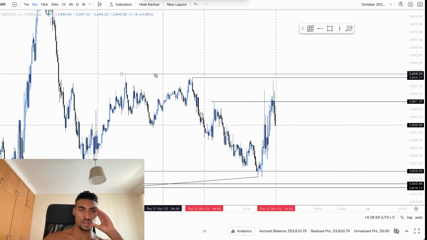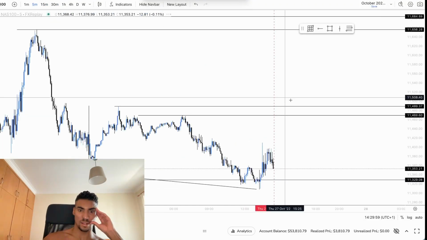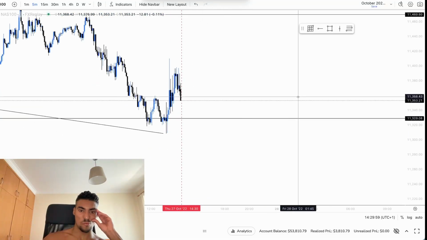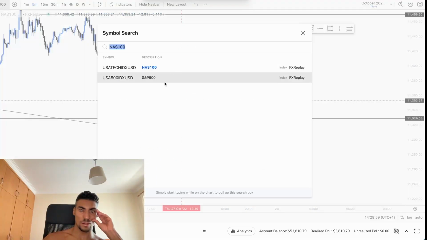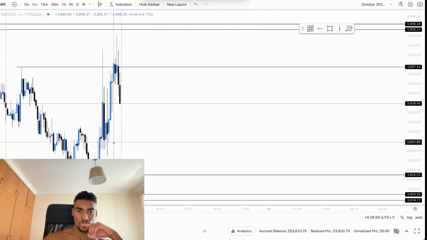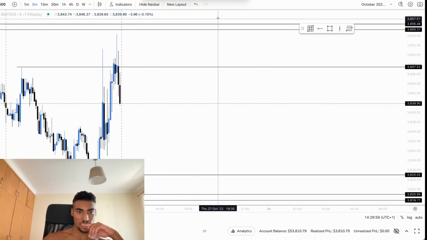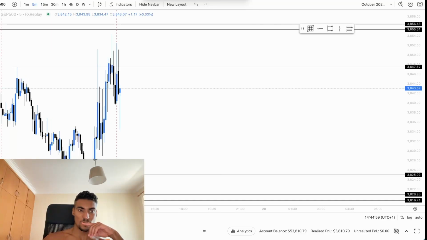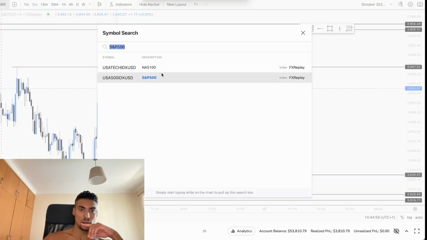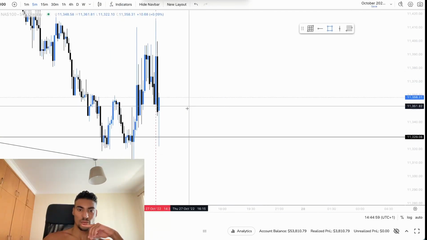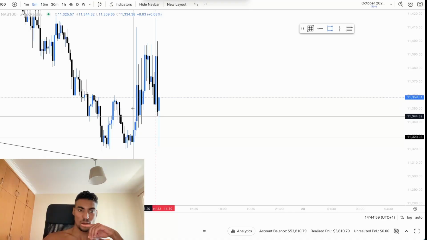Okay, so we still have this relative equal low that I want to target. Let's see Nasdaq. Yep, pretty much the same thing. Even though we are lower, so really the risk to reward ratio is better here. But let's see what we can get really. Market open. I would like to see these lows get swept, but there's no way in hell that will happen. Okay, this is kind of interesting. Let's see. Okay, this is mega interesting here because we are filling the order block right here.